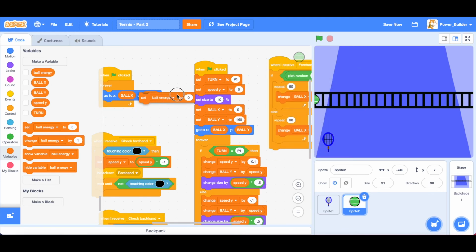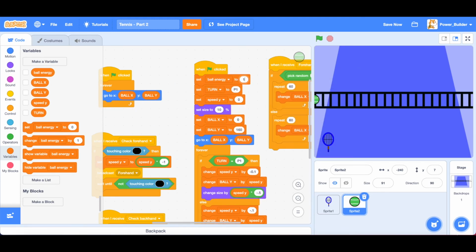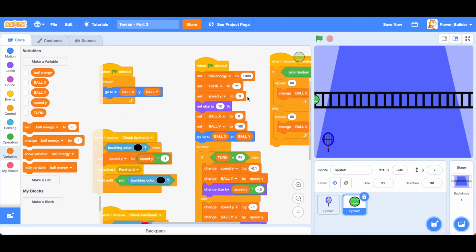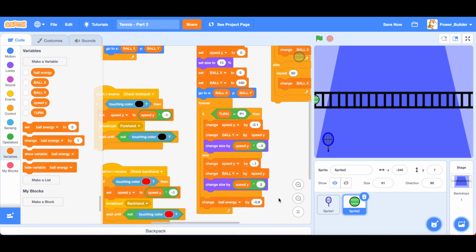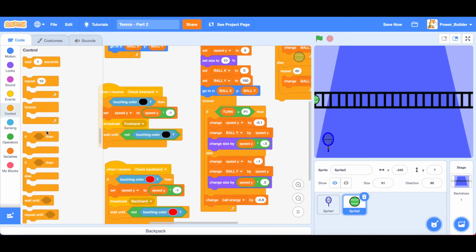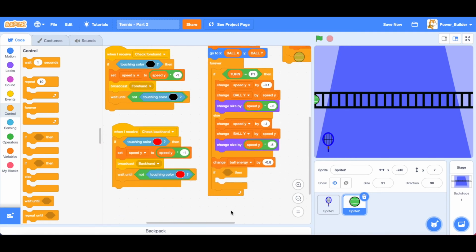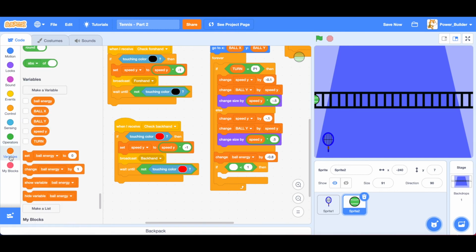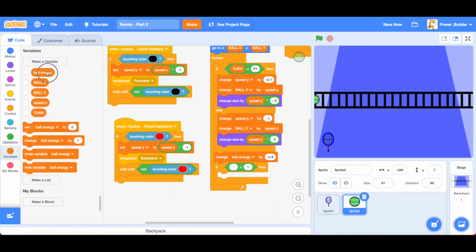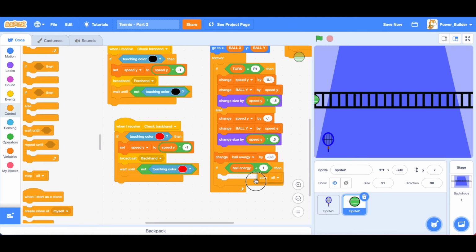Okay, so at the beginning set ball energy to 1000 and change the ball energy by negative 0.8. If ball energy is less than 1, then stop ball since the ball energy is over.